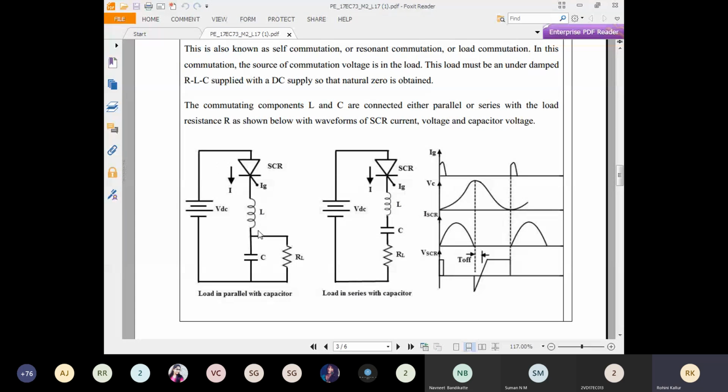If I place this inductor here, the supply voltage that is applied will allow the current to pass through this inductor. Then the voltage level with which I am trying to trigger this SCR will be reduced, because the inductor, if I place it here, allows the current to pass through it and it will take a voltage VL which is equal to L into di by dt.